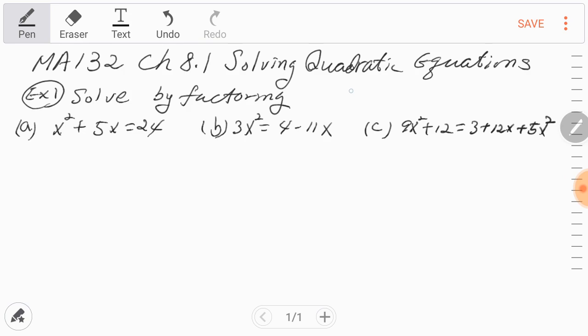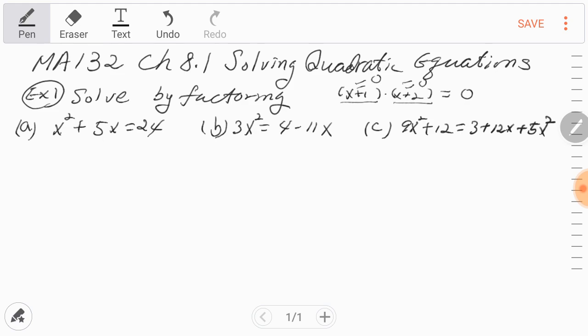So something like this. Move everything to the left, then it will be a product of something equal to 0. Once we have this, using the zero factor property, we set this factor to 0, and set this factor to 0. Maybe something like (x + 1)(x + 2). Then this product is 0, so we set the first factor equal to 0 and solve for x, then set the second factor equal to 0 and solve for x. And these are the solutions. So let's try